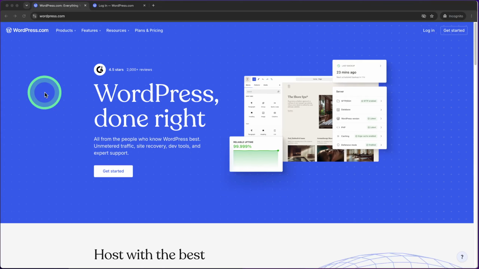In today's video, I'm going to teach you how to import plugins in WordPress. Plugins are an essential part of customizing and enhancing your WordPress website. Whether you're looking to add new features, improve functionality, or integrate third-party tools, plugins can help you tailor your site to meet your exact needs. By the end of this tutorial, you'll have a clear understanding of how to upload and install plugins quickly and